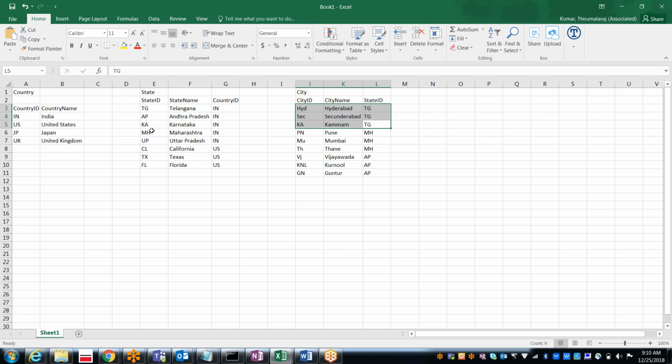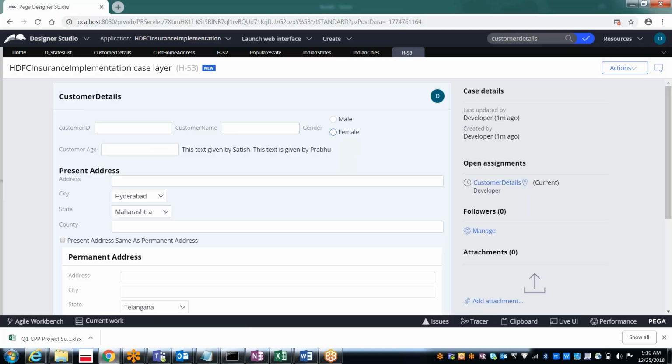So the passing of this value to the city will let us implement the cascading functionality. Right now, how are we populating this city drop down, or this state drop down?